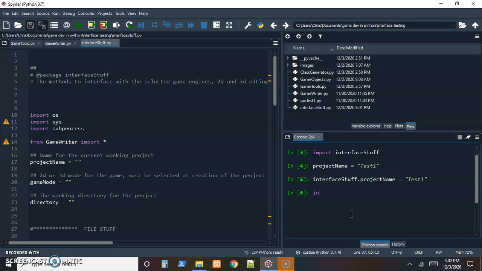And then interface stuff dot game mode. I'll just put that in as 2D for now. Don't have it far enough to get all the way to that where that's going to matter, but I'll put something there. Then interface stuff dot directory